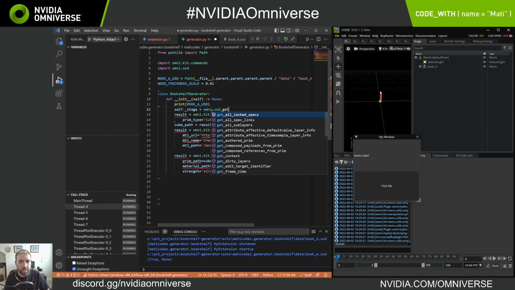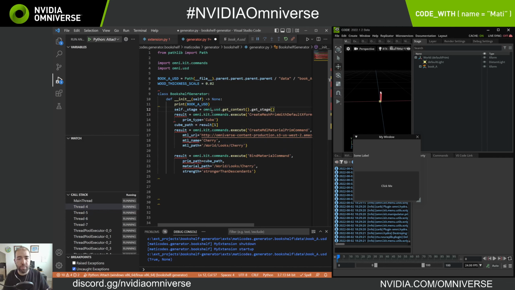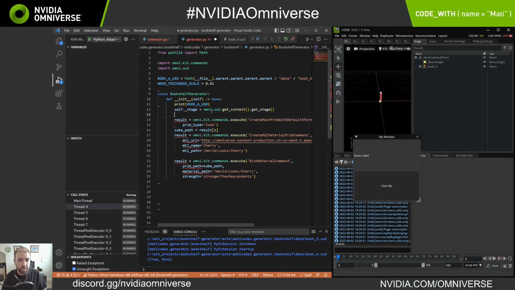This allows us to get access to the stage that's loaded in the app, instead of giving it a file on disk the way that USD typically wants. We have these functions in order to get the stage that's already open. So I'm getting that stage that's already open, and once I've gotten the path, I need to then